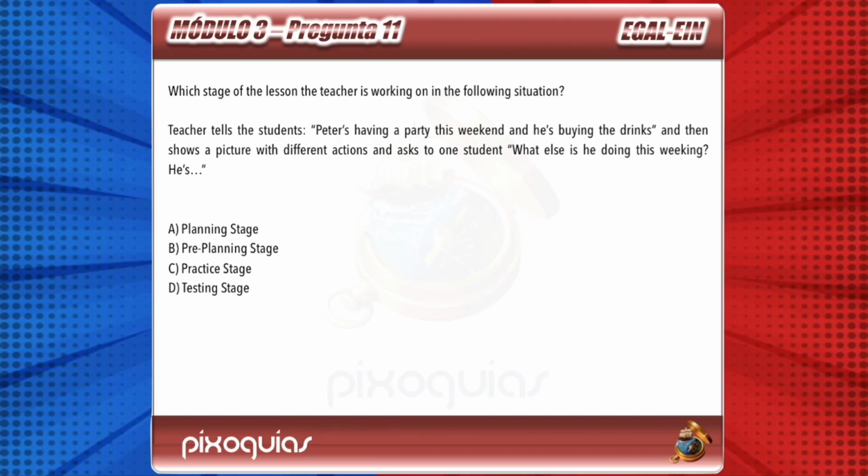Which stage of the lesson is the teacher working on in the following situation? The teacher tells the students, Peter's having a party this weekend and he's buying the drinks, and then shows a picture with different actions and asks one student, what else is he doing this weekend? The planning stage, the pre-planning stage, the practice stage, the testing stage. The answer is